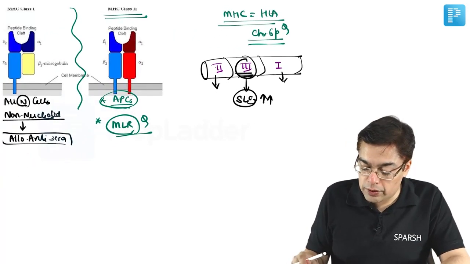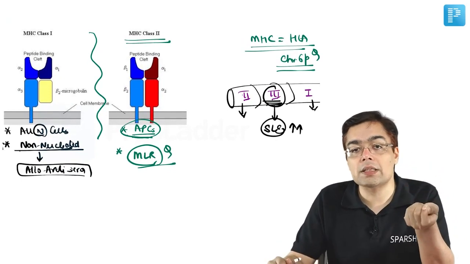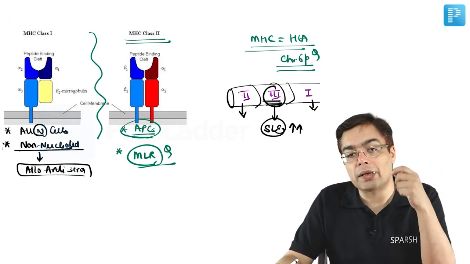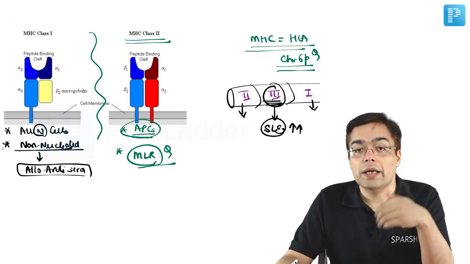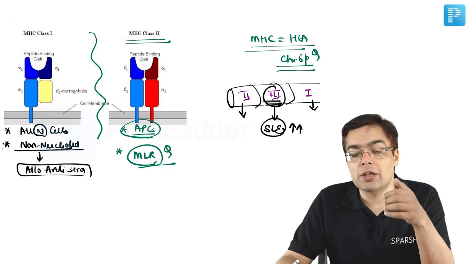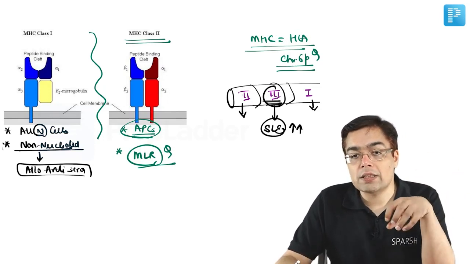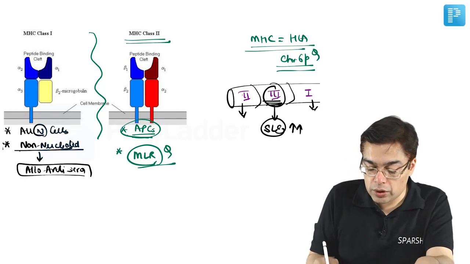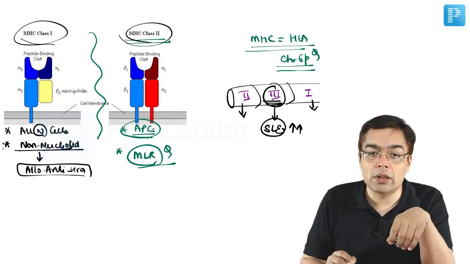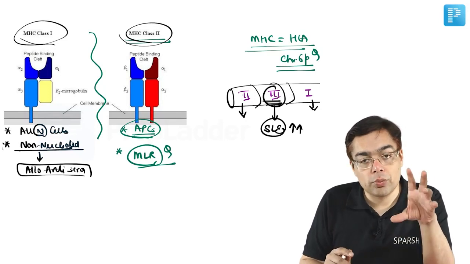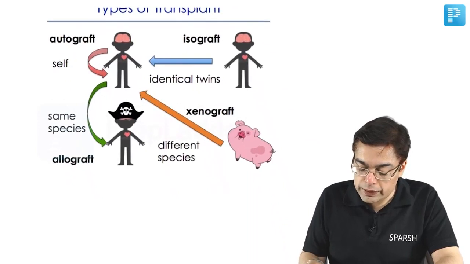Having said that, we need to be familiar with the fact that MHC molecules are important because not only do they help us better understand and correlate the pathogenesis of autoimmune disorders with certain types of genes or HLA, they are also important for establishing paternity, and a third important use is in transplantation. The moment you use the term transplantation, you should familiarize yourself with this kind of a diagram